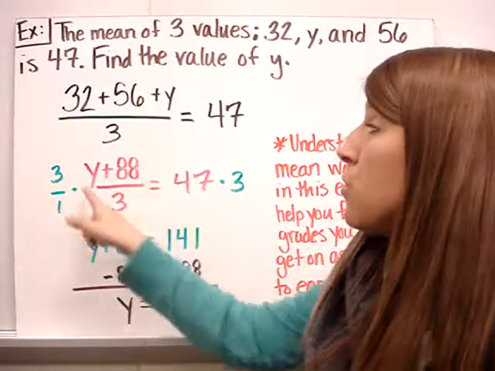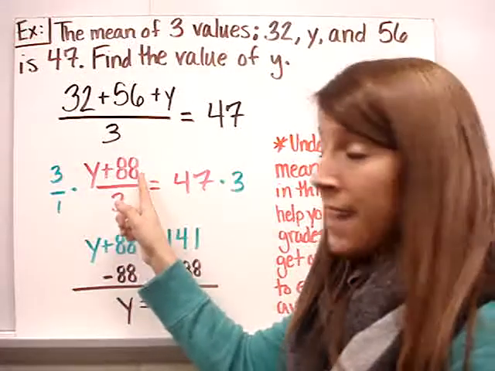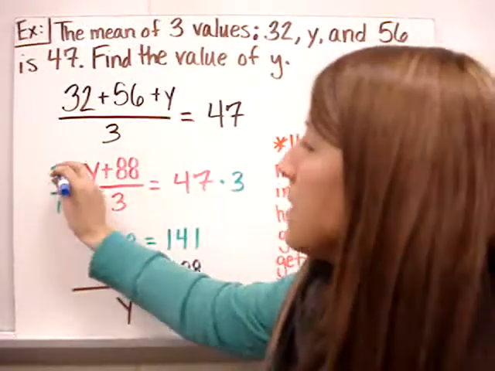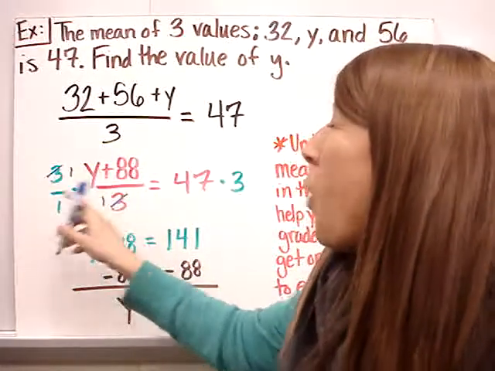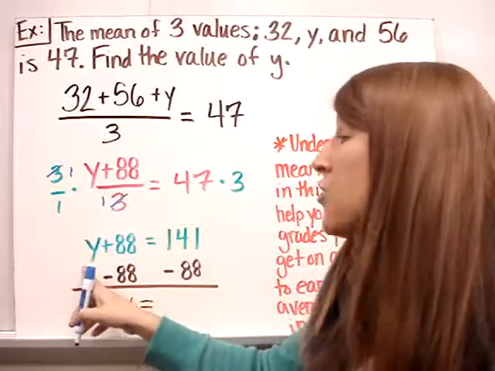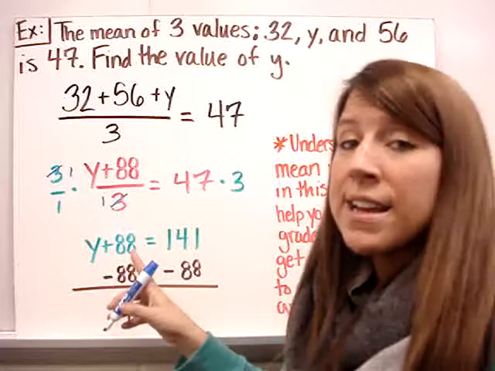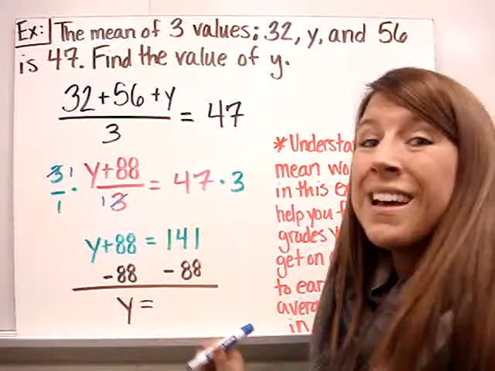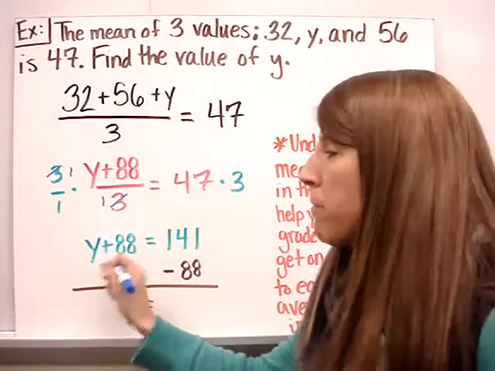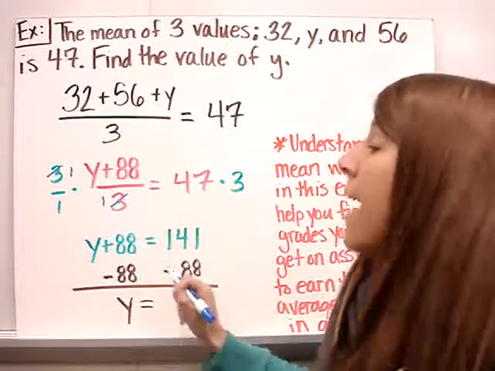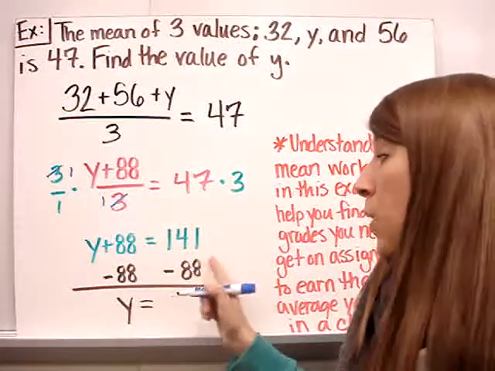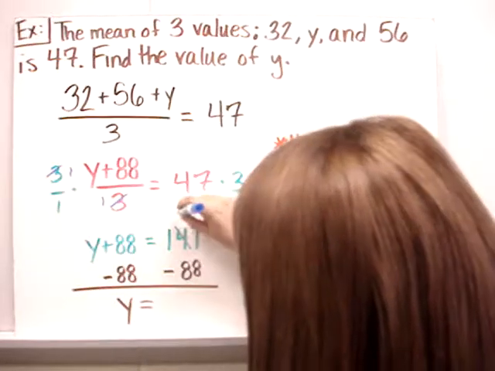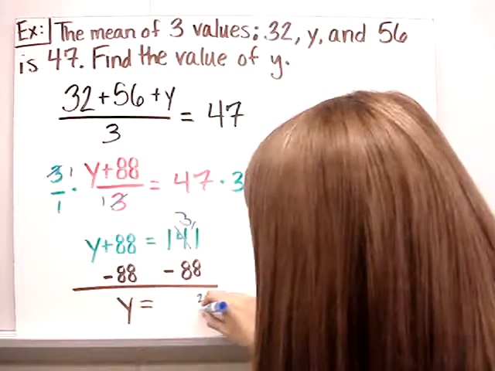So I'm going to undo the division of this expression, y plus 88, by multiplying by 3 on both sides. When I multiply by 3 on both sides, this side simplifies to leave me with 1 times y plus 88, which is just y plus 88 because of the multiplicative identity. 47 times 3, which I do to keep my equation balanced, is 141. Now I know that this unknown value plus 88 is 141. And that unknown value is 141 minus 88, which is the opposite of addition here. And when I do that subtraction correctly, I get